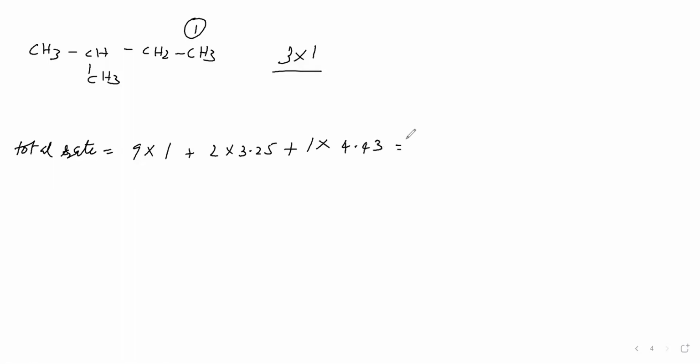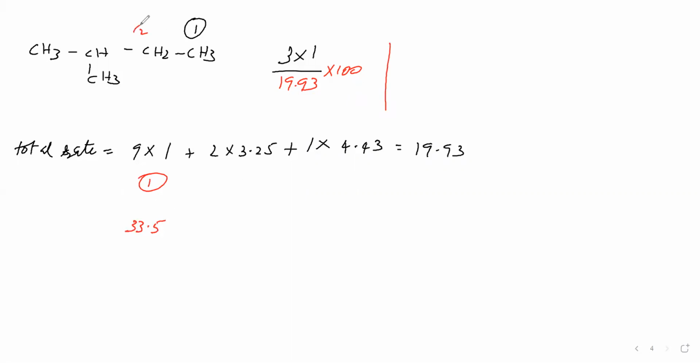4.43. Now we will get a total rate. The total rate is 19.93. So now individually we will see. For number 1, it is primary hydrogen, 3 in number, rate of halogenation is 1, total rate 19.93. We will divide this by total rate into 100. So for this one, the yield is 33.5. So we are getting yield 33.5 for number 1 halogenation.